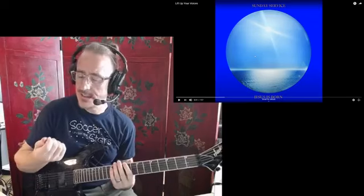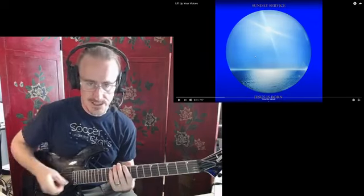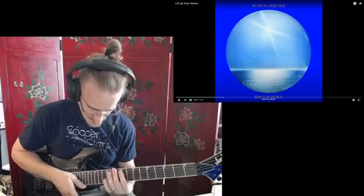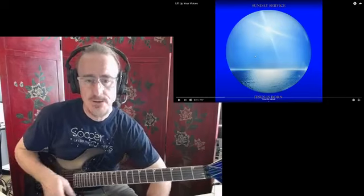I have a weird kind of sound because, again, I play with my nail, and I busted my nail the other day, so it's kind of chipped down, so it's not much there. But I don't play with the pick. I don't know how, actually. It's been so long. Anyway,